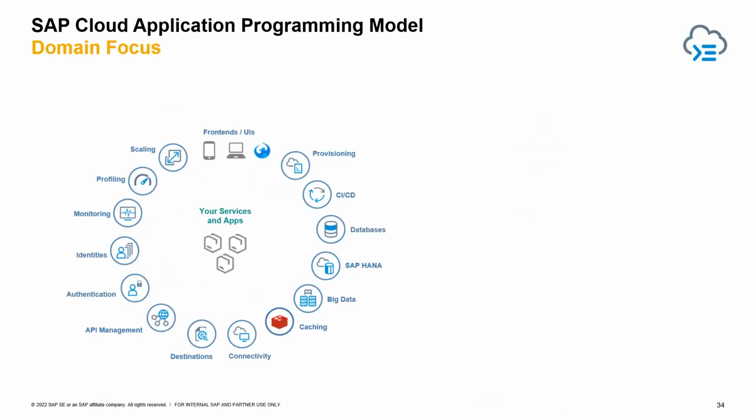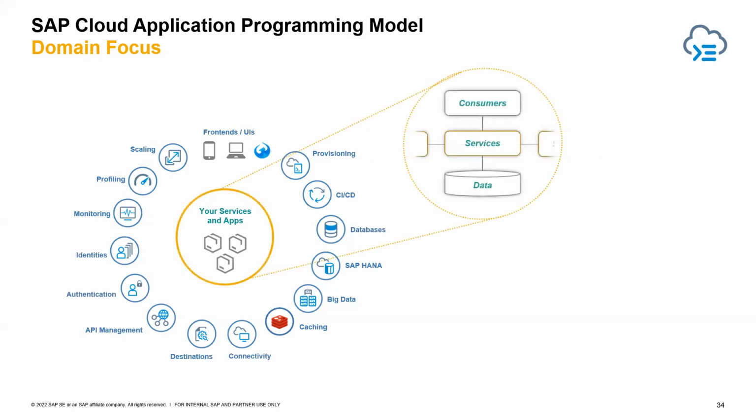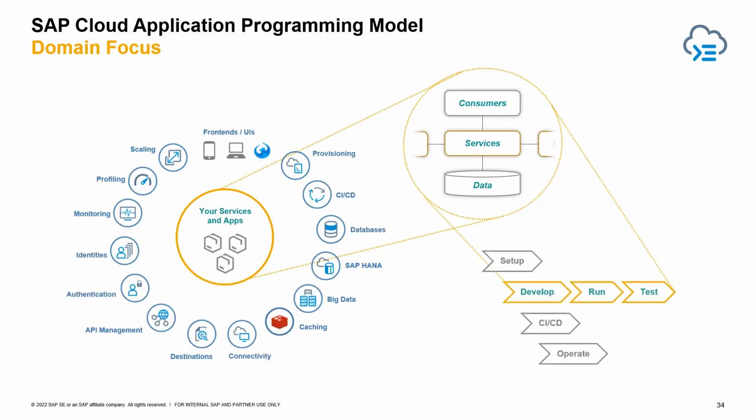Now, the purpose of SAP Cloud Application Programming Model is to focus on the domain problems. As can be seen in the image, the developers need to focus on the areas highlighted. So this is achieved by close collaboration of domain experts and developers to declaratively capture domain knowledge in CDS models, then fuel generic runtimes to serve the recurring tasks automatically, and thirdly, minimizing the boilerplate code to real custom logic, right?